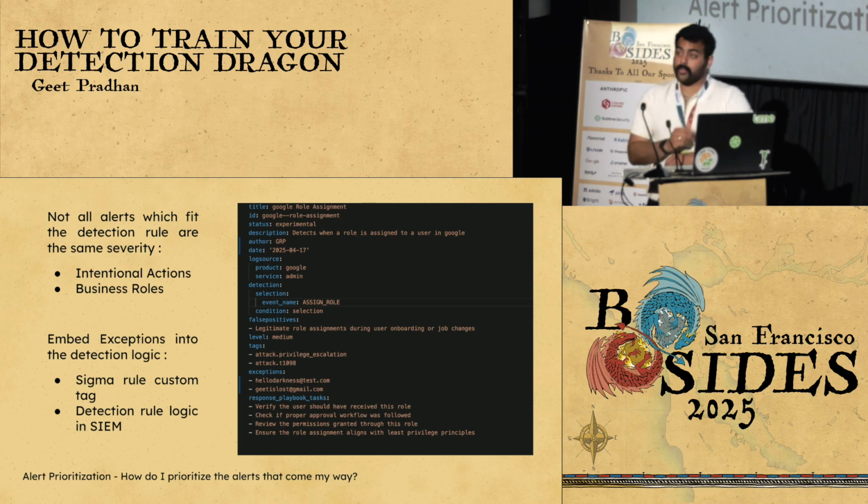Now, going back to the first point, you need to have this conversation with the teams who are doing this, right? One of the things that we saw was a team who was administering Google, they were using their accounts for a couple of administrative actions. We saw the problem there. We were like, hey, I can add an exception, but that's really not going to help us because we're going to silence that alert, right?